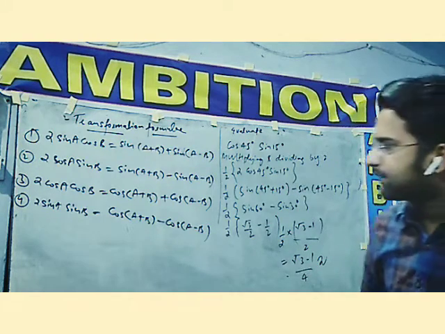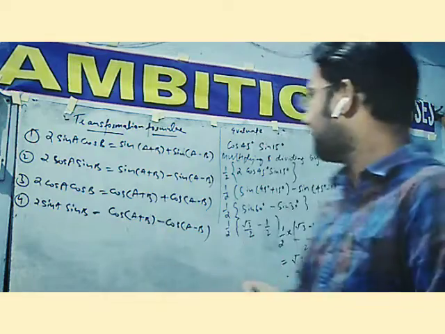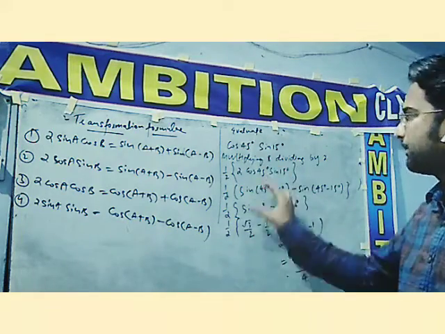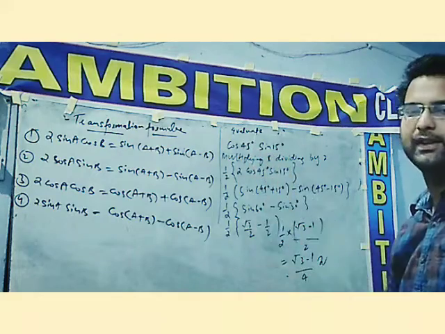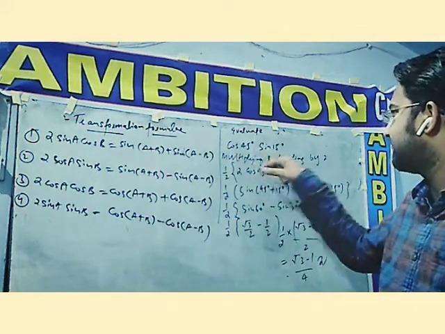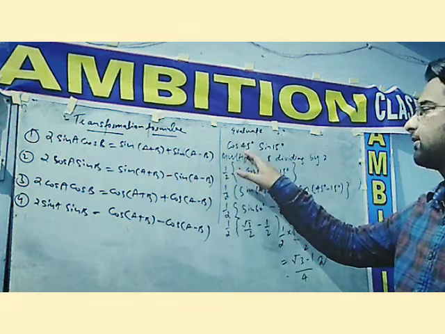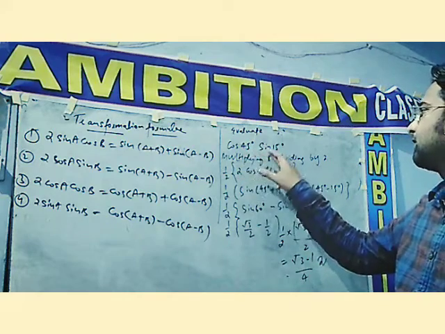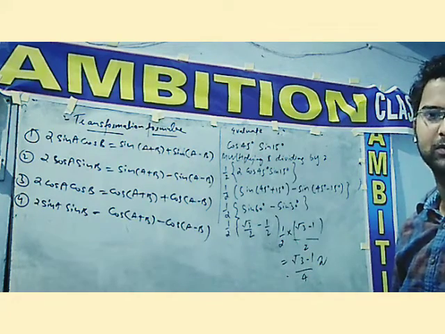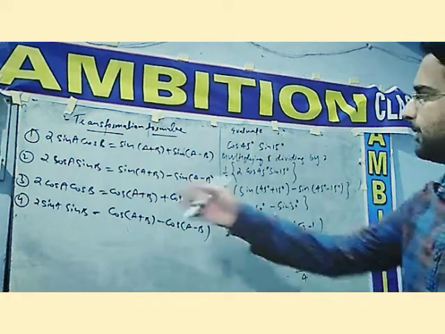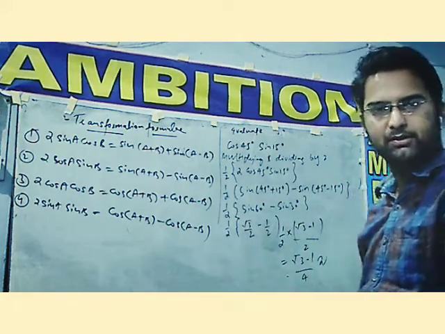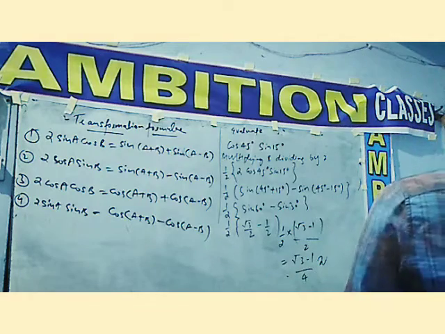Okay students, is it clear? So this is the way we have to solve this type of question. We have to apply the transformation formula because for both the terms we do not know the exact value. If we really knew the exact values, that is, if here it was cos 45 and here sin 90 or some known value, then we could substitute and solve. But we do not know the exact value, so we have to apply the transformation formula. Okay students, now let's move on to the next question.